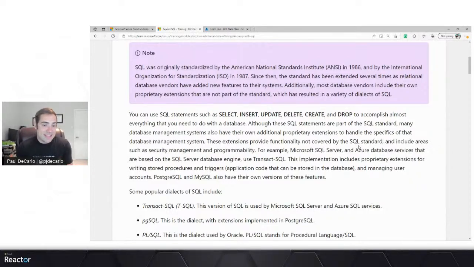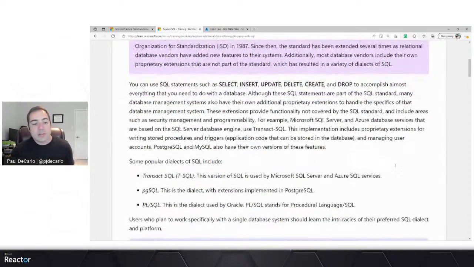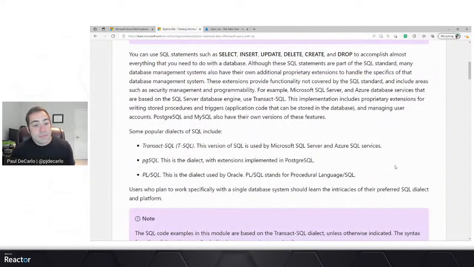And these include things that cover things like security management and programmability. For example, Microsoft SQL Server and Azure Database Services are based on something called Transact SQL, which is a dialect of SQL that allows for proprietary extensions to write something called stored procedures and triggers, which we'll talk about shortly, and also being able to manage user accounts. Postgres and MySQL also have their own versions of these.